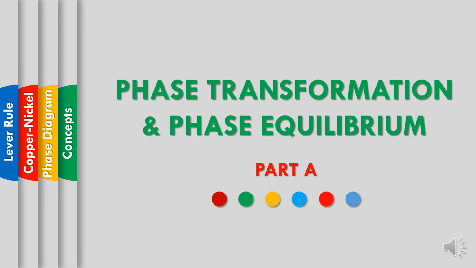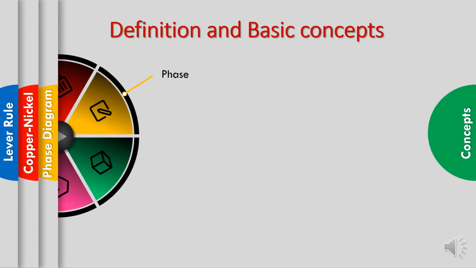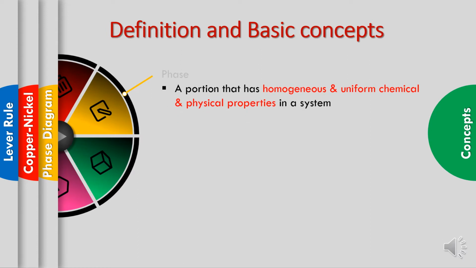In this part, we will cover phase transformation and phase equilibrium. Basically, we will go for the definition and basic concepts. So in this beginning, we will cover the terms related to this chapter. Phase is a portion that has homogeneous and uniform chemical and physical properties in a system,